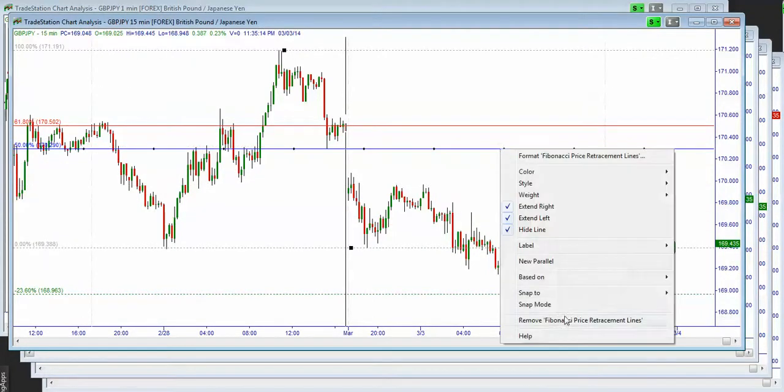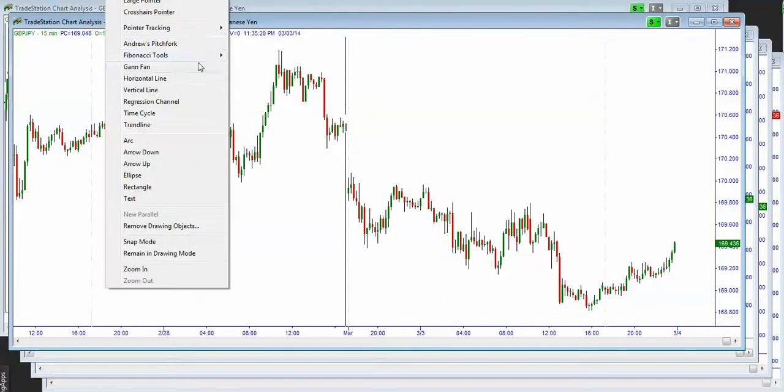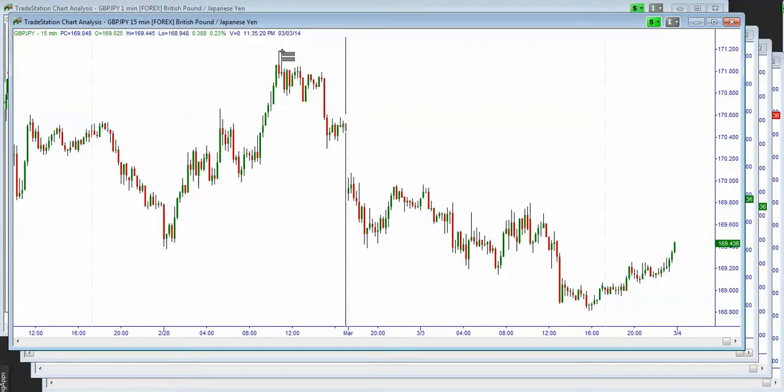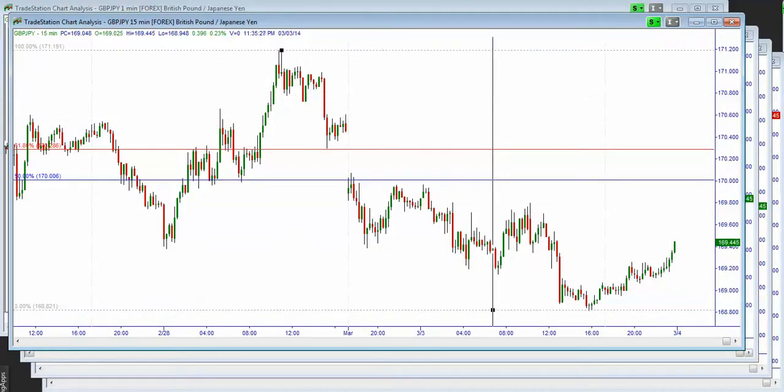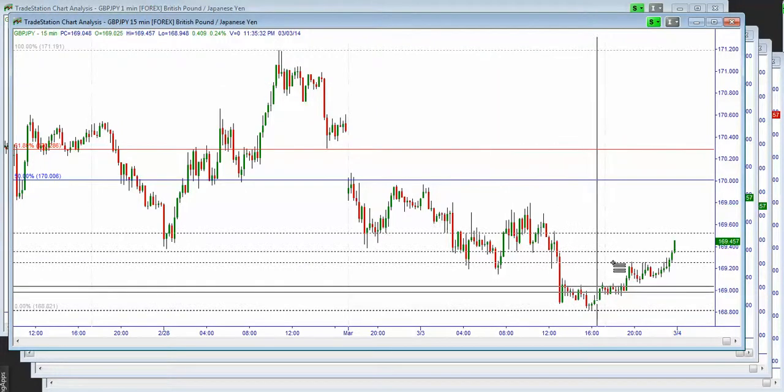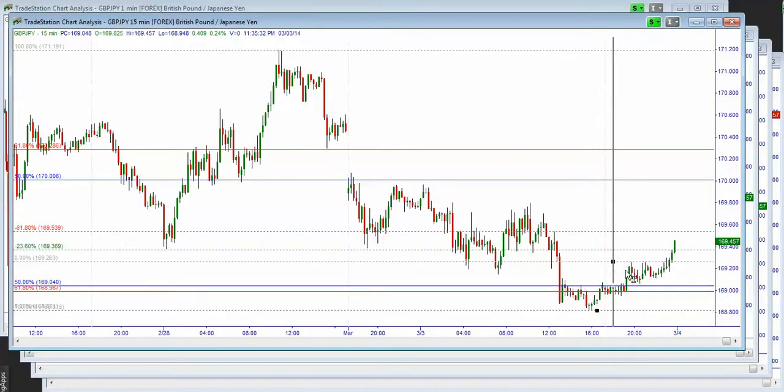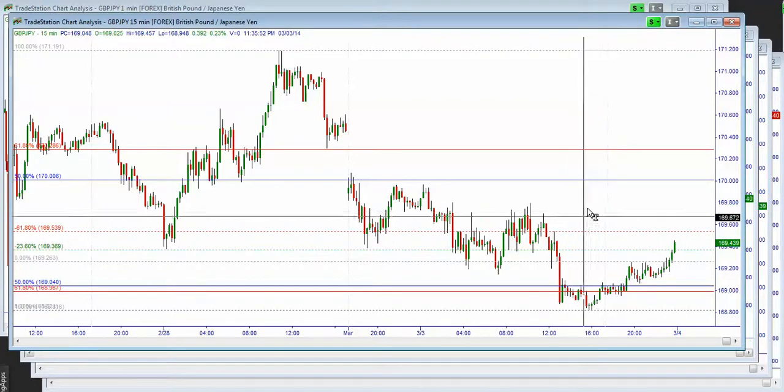So one level to consider is definitely, as I showed you before on the 240 minutes, these highs to lows, this is an important level. And if we look at what the market is doing at the moment, we can make the case that it has traded this first target at 169.04 and is now trading into the second target. So this market looks like it started moving in extensions, and as soon as it gets to 169.53, we can trace from highs to highs and see